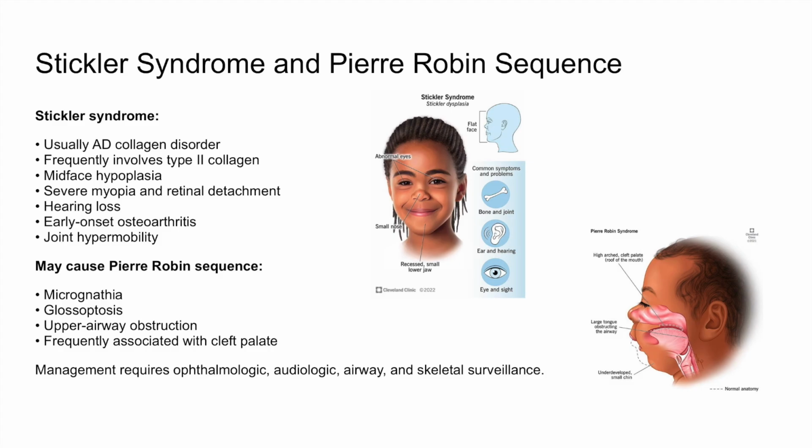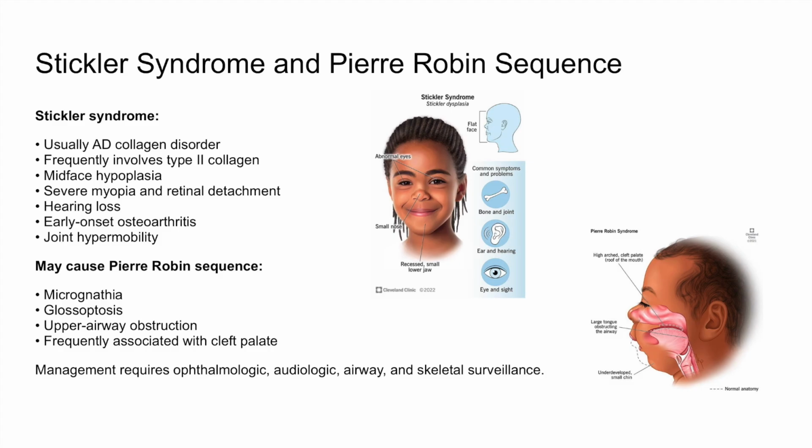Some patients develop the Pierre Robin sequence, and this begins with micrognathia, or an abnormally small mandible, which allows the tongue to fall backward into the throat, called glossoptosis. And so the displaced tongue can obstruct the upper airway and interfere with normal palate closure, so cleft palate is frequently present. So the immediate concern in an affected infant is airway protection, while long-term care requires ophthalmologic, audiologic,